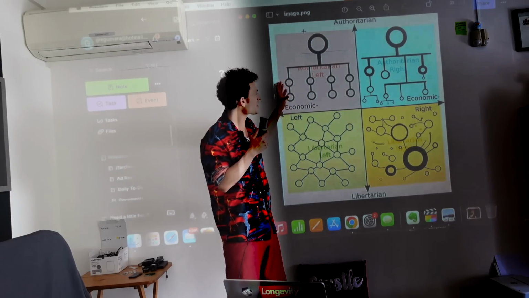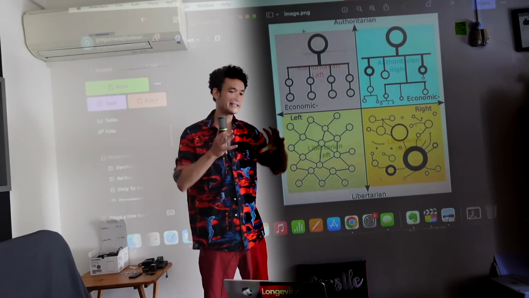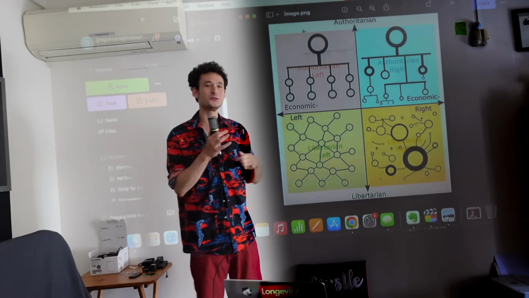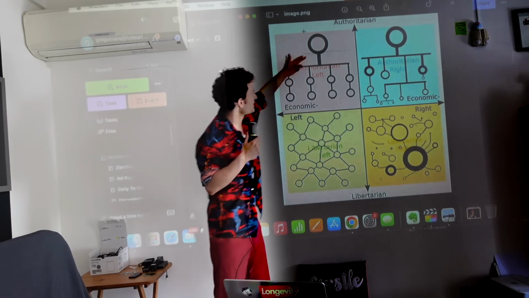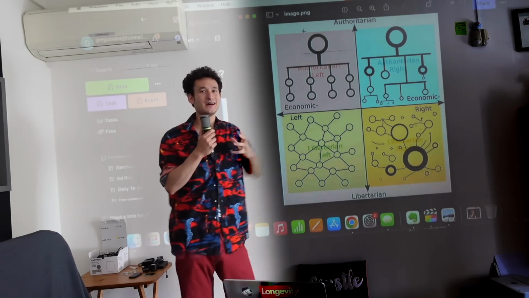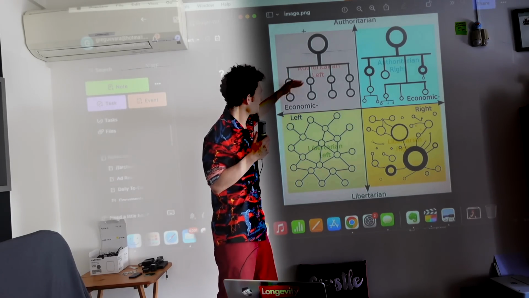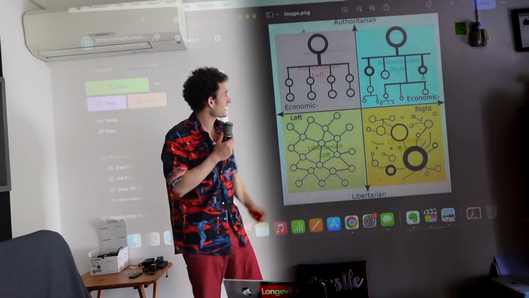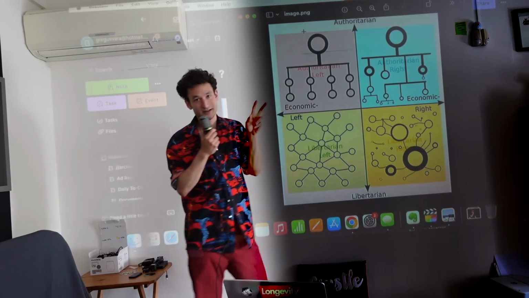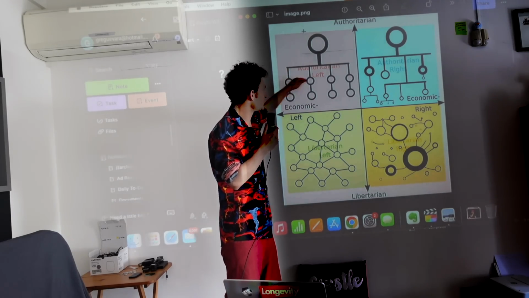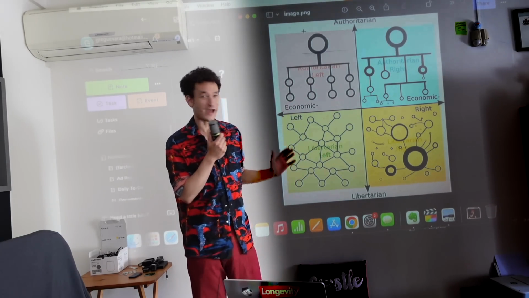Let's start with auth left. What's going on with a bunch of circles here? What is authoritarian leftism? It's fundamentally this idea that one centralized entity is going to enforce equality across a large swath of entities. So here we have one big circle that represents the dictatorship of the proletariat, or Stalin, or whatever you want to call it, that is enforcing equality across many disparate groups. And because of this one centralized state or force, that's the authoritarian part of it, everyone is basically forced to be equal. That's the authoritarian left way.